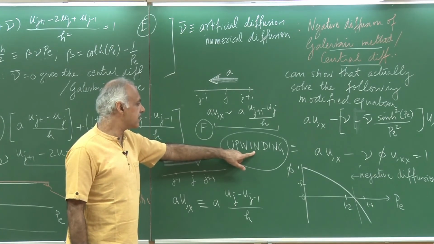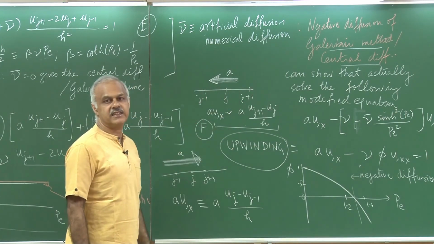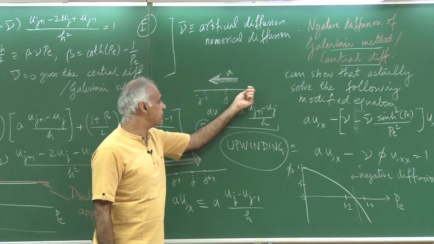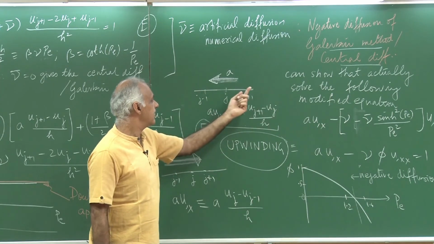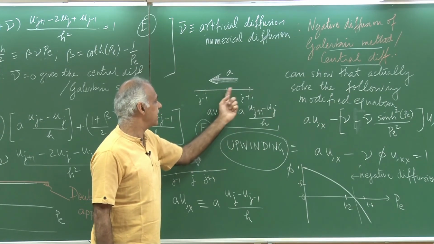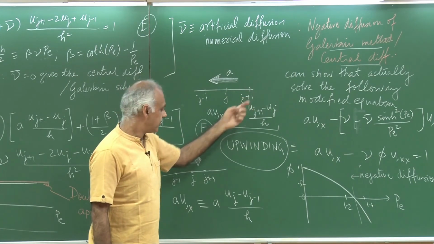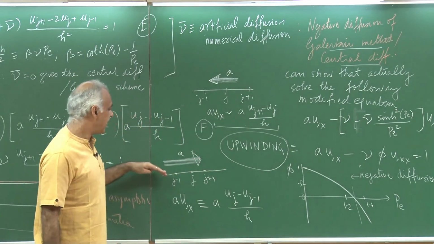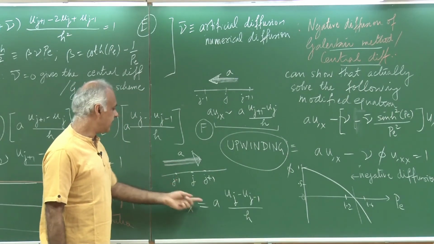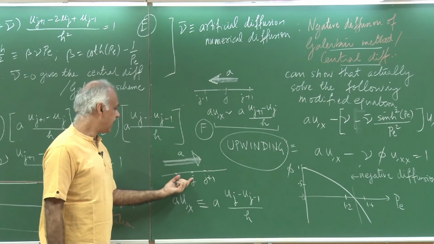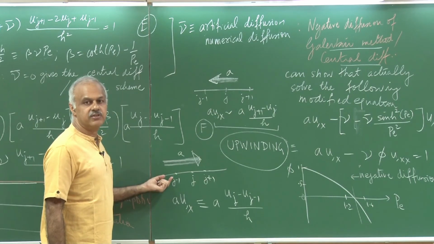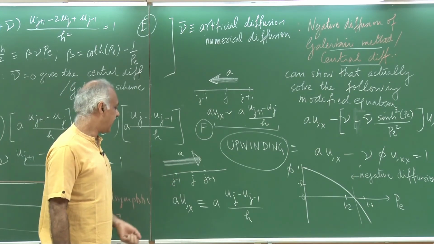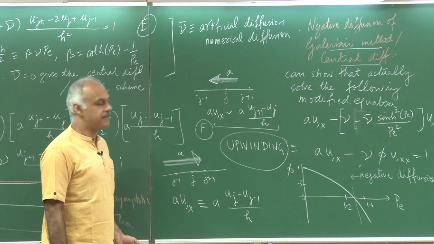So in the upwinding method, you are going to convect the information by respecting the physical direction. So use information from upstream. If the flow is, let us say, in this direction, you are going from right to left, then you base your u comma x on these nodes. On the other hand, if the information is travelling from left to right, then you need to change your operator so that you are again using upstream information. So you are at node j and you use information from nodes j minus 1 and further upstream. Okay. So these are the two ways.